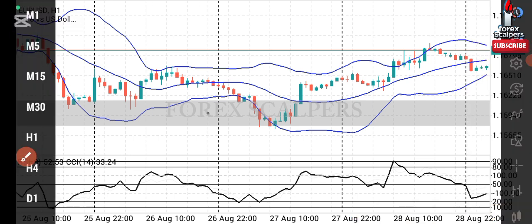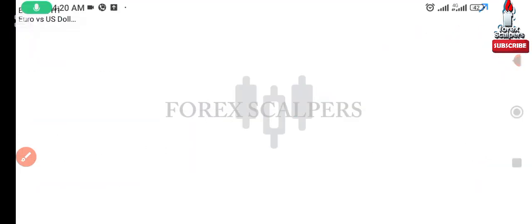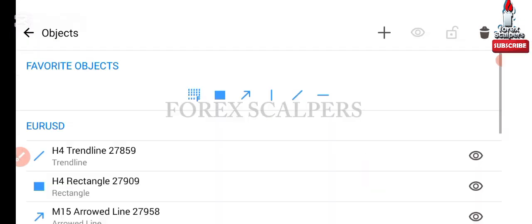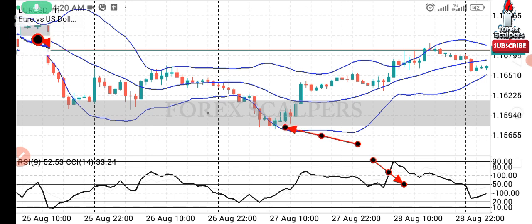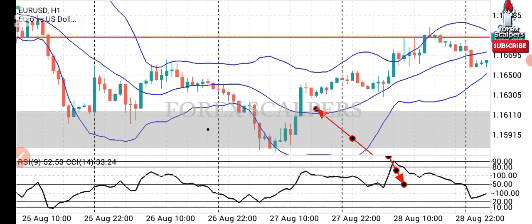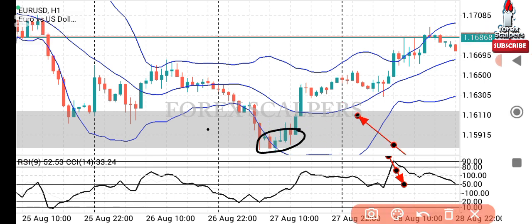Why is this valid? This plays out because we took this entry in line with the direction of the trend. This entry was not taken in isolation. So you see now, it was in an order block, it was a break of structure, and it was an uptrend. So this pin bar here and this engulfing candle becomes our valid entry zone. So this is how best